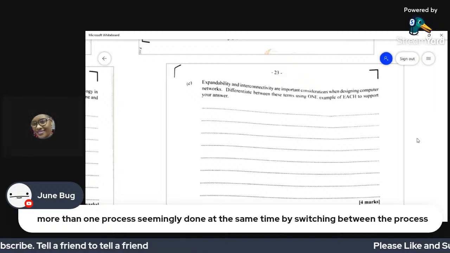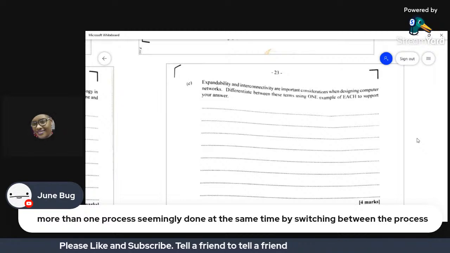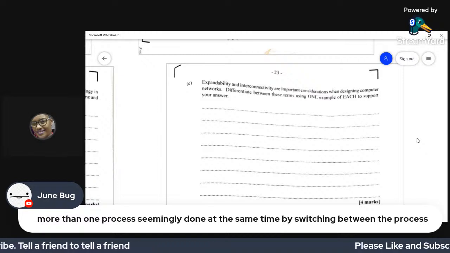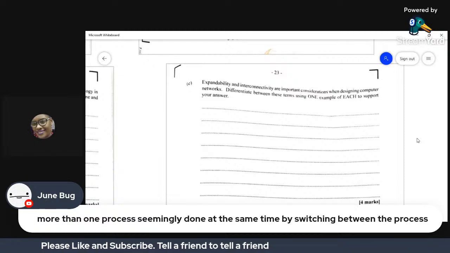So your expandability, as I said before, is the ability for you to add additional nodes to your network without compromising its efficiency. One example you can just add is where you're trying to add a printer, or probably you're trying to add another computer to your network, etc.